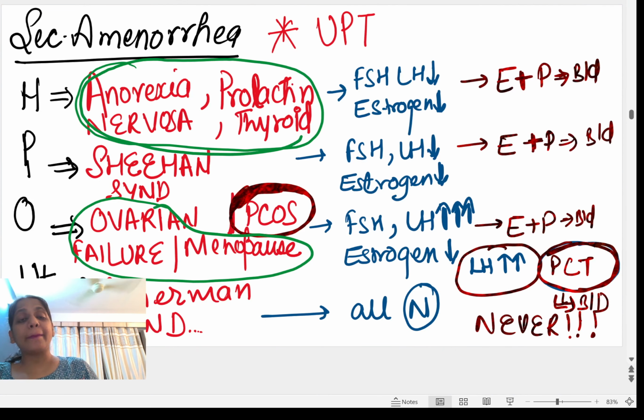PCOS. What happened in PCOS? LH is increased and FSH is decreased, right? We will study it in detail in PCOS. So either the ovaries fail, they stop functioning, which happens during menopause or premature ovarian failure, and sometimes the ovary doesn't function properly, as in the case of PCOS. So in both the cases,